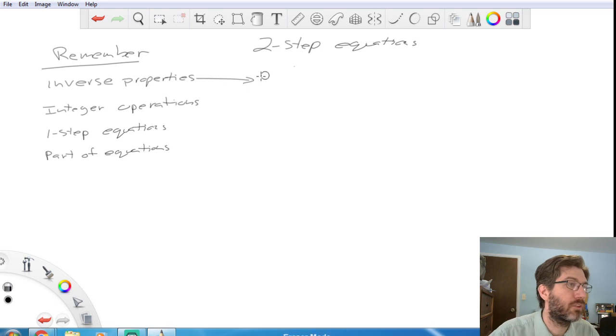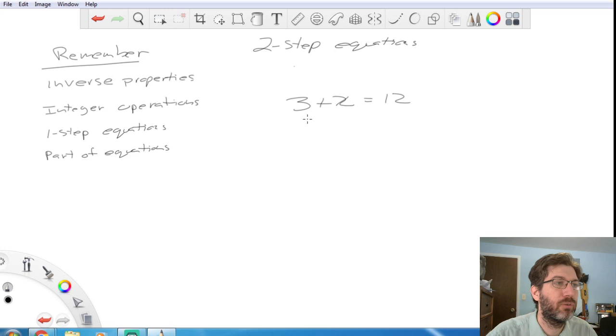One-step equations are those things like 3 plus x equals 12. What is x? So you subtract 3 from this side, subtract 3 from that side, and you get these to cancel. You're left with x equals 12 minus 3, which gives you 9. And then you can check it by doing 3 plus 9 equals 12. So those things are